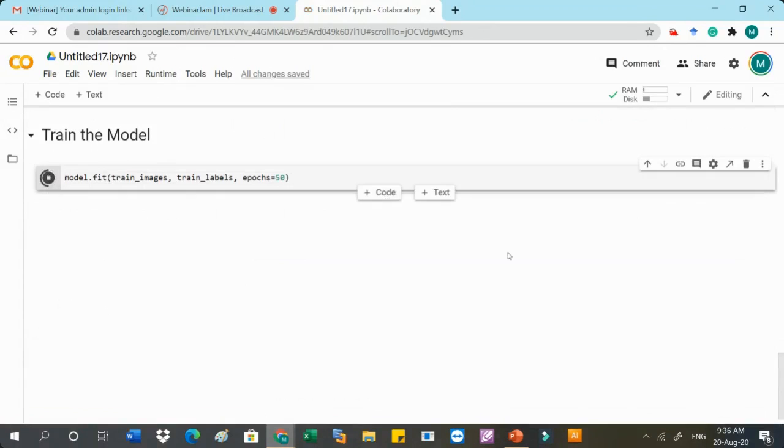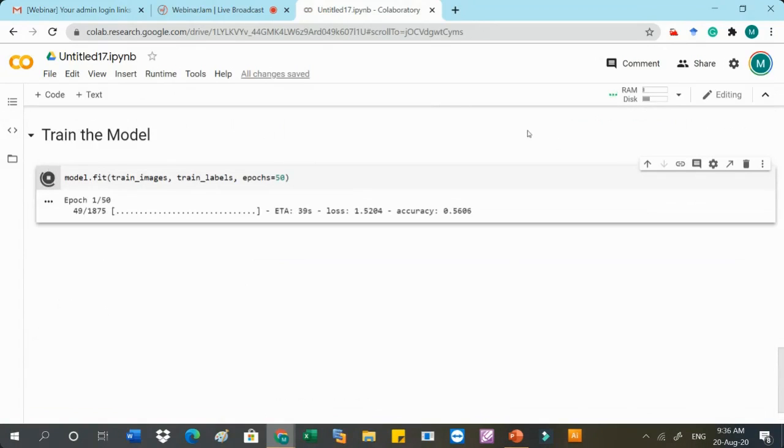Let's see what happens. So you will see here, now we have started the learning. It is running the first epoch, and you can see the time it is taking. So definitely we have used a number of layers. It will take time to execute. So what should we do?